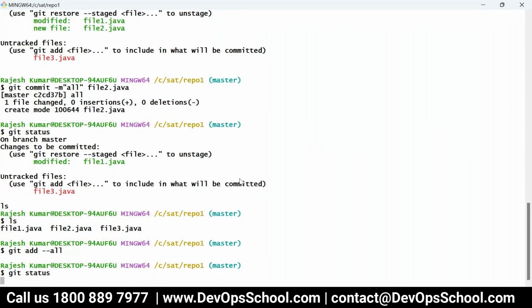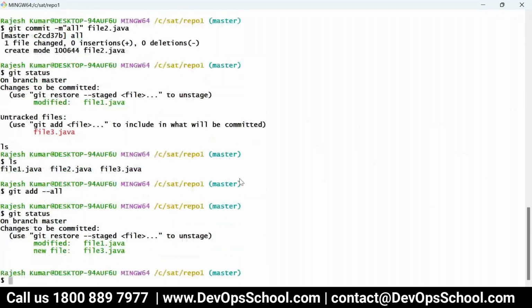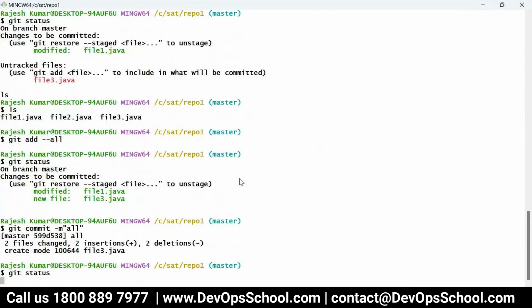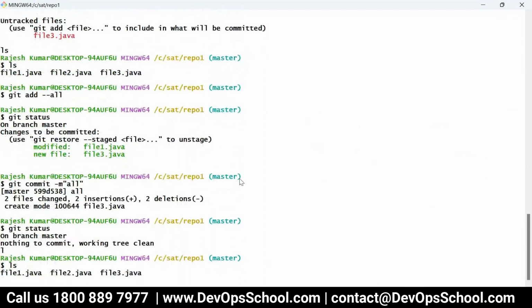Add all means everything in staging now, any changes which you did in the workspace, and commit all. So this is the third commit. Now if you see the status, there's nothing to commit, working tree clean. That means there are no files in this directory which have not been committed and versioned here.